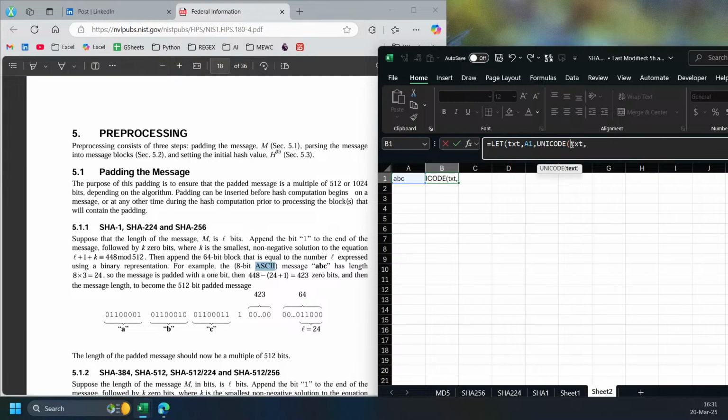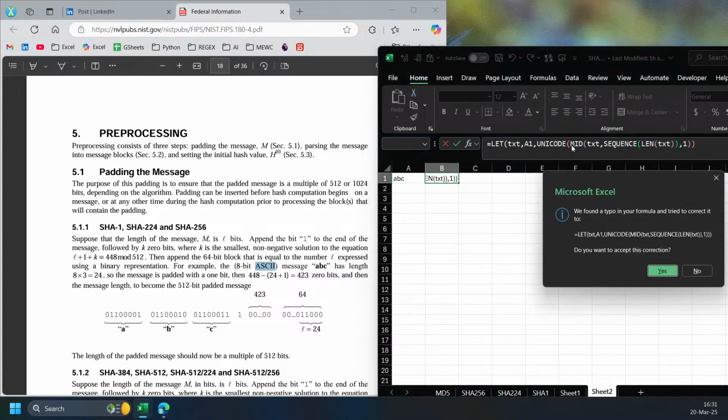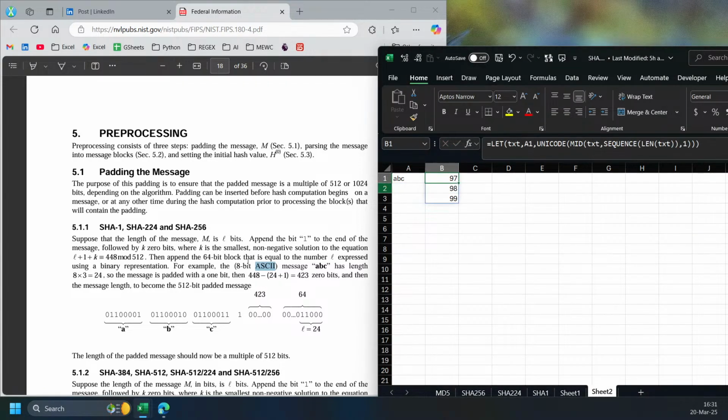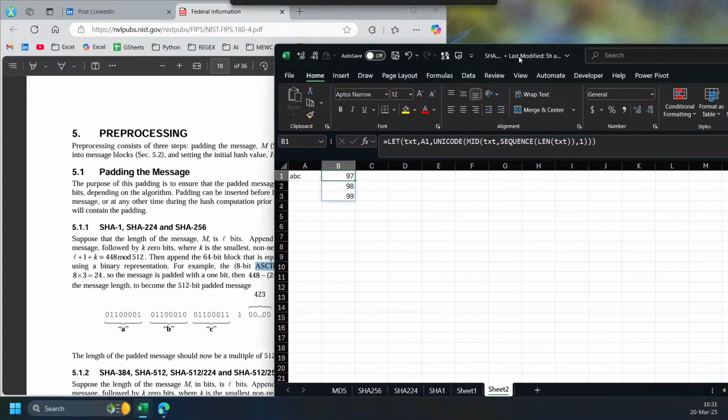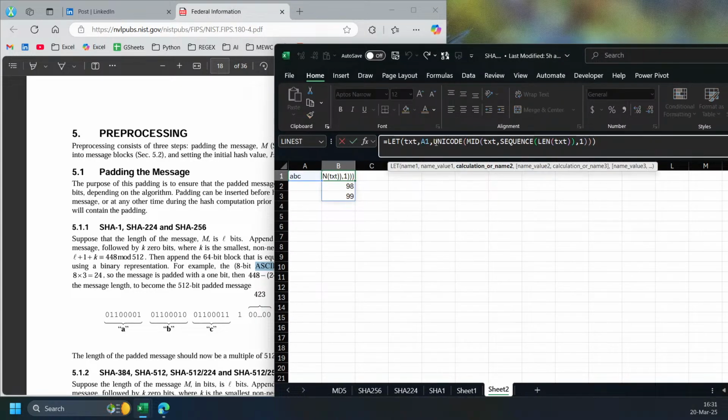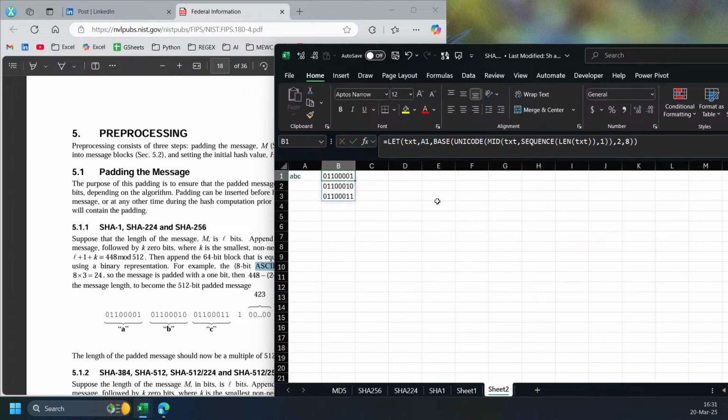No, I need to split each, so mid text by sequence, length of text by 1. Got the Unicode of this, and then I have to turn this Unicode into binary. So this should be base 2, and then we need 8-bit here. So 8-bit here, go like this,